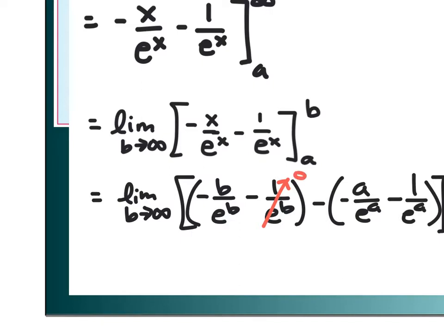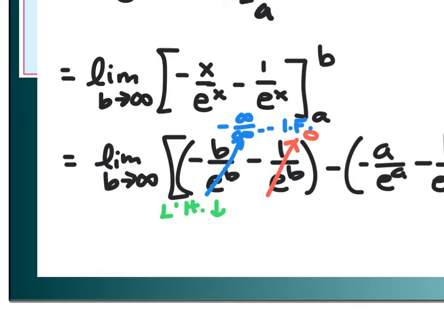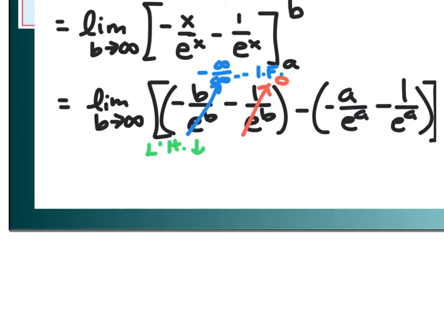But if I plug an infinity in here, I'm going to get negative infinity over infinity, which is a problem. If I get infinity over infinity, that is an indeterminate form, which tells me I'm going to want to use L'Hopital's rule. Okay, so I'm going to use L'Hopital here real quick, and I'm going to do some simplifying around it. So this would be the limit as b goes to infinity of,